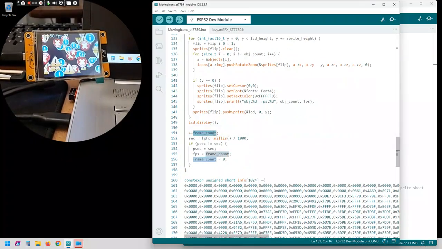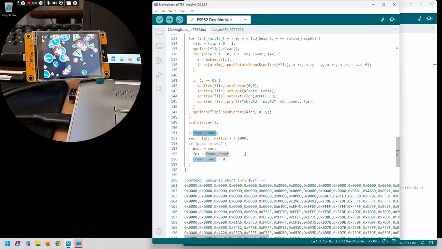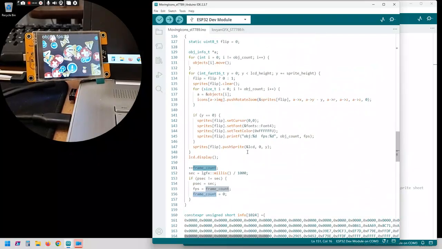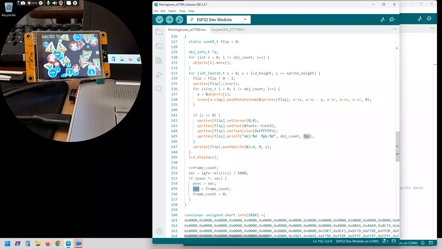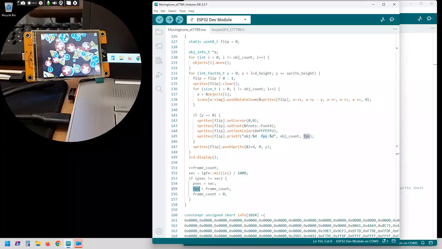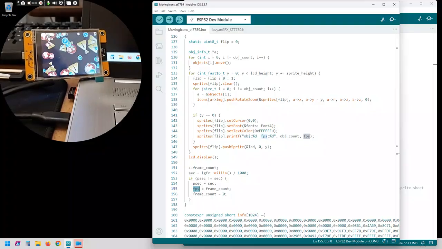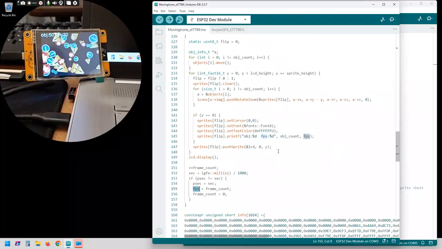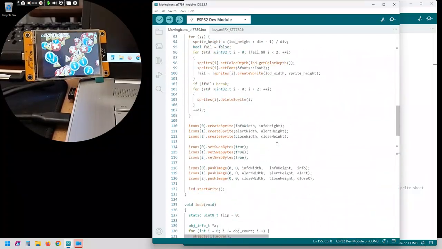Increments our frame count. Frames per second. That's what that is there you're looking at. That's where it's incrementing how fast we're flipping through this. And we got 50 objects. Okay, so